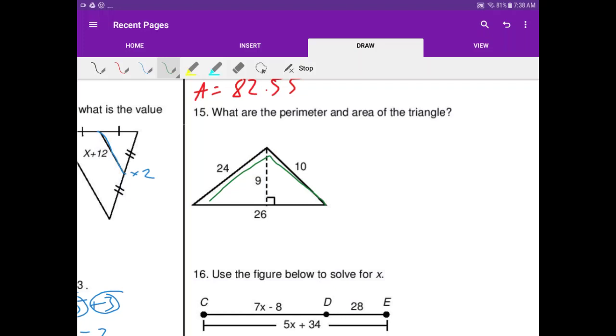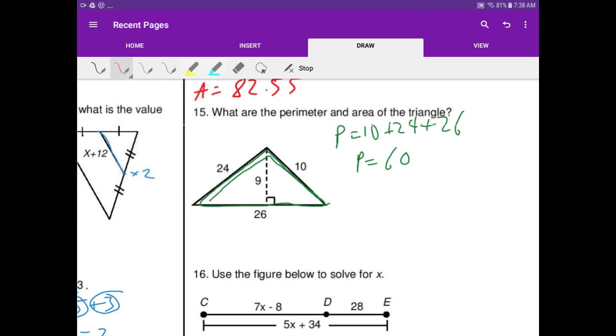Back up here, the perimeter is going to be this green part. So you see it's 10, 24, and 26. You just add those numbers together. So perimeter equals 10 plus 24 plus 26. You may notice I'm a little more awake now. It is now 7:38. So 10 plus 24 plus 26 is 60. Perimeter is 60. For the area,